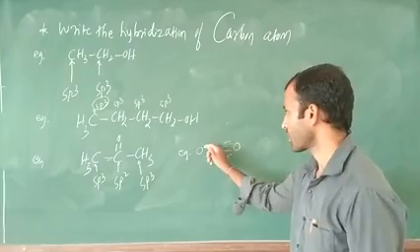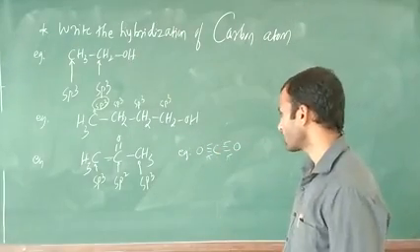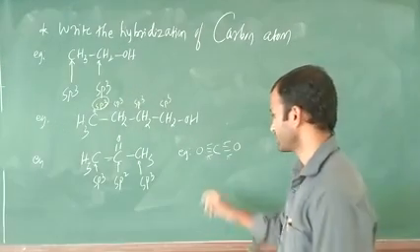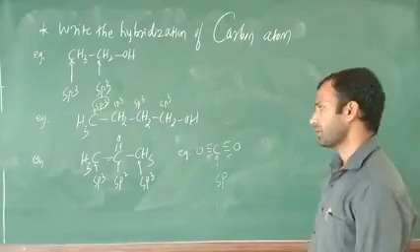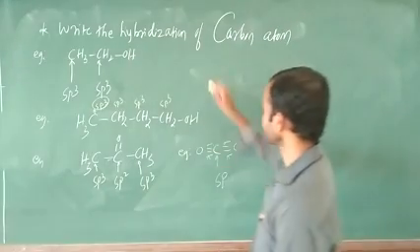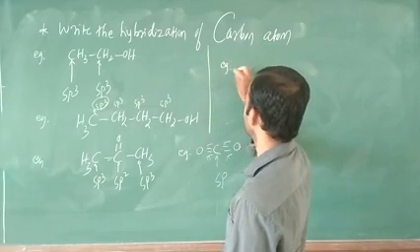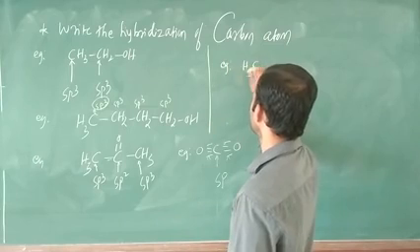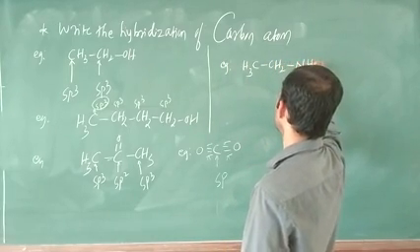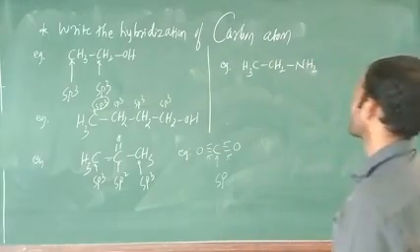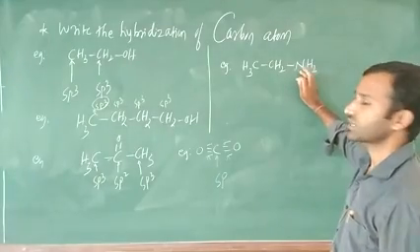Next, 2 sigma are there. Is there any lone pair? No lone pair. 2 sigma, 0 lone pair equal to 2. The hybridization is sp. Okay. Next, another example, just see here another example. Example is CH3 is there. Next one is CH2. Next one is NH2. Okay, next one is this is a NH2. This nitrogen containing lone pair.